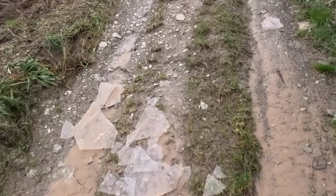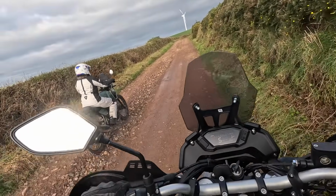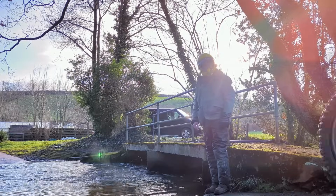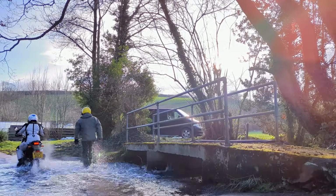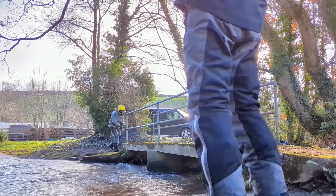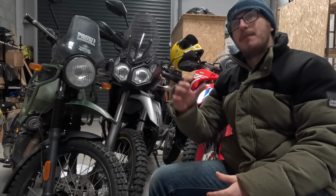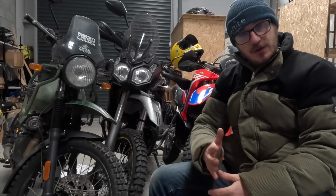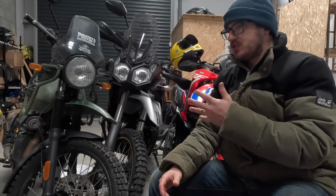So we did some open track flowing stuff just to get used to the movement of a bike on dirt terrain. And then we also did some long, deep puddles and then a river crossing, which really bring home the need to be able to control the power on the clutch and work the clutch. And I think after 2 days, she was far more competent than she was confident. But I think after 2 days, she built confidence up to the point where she's very confident